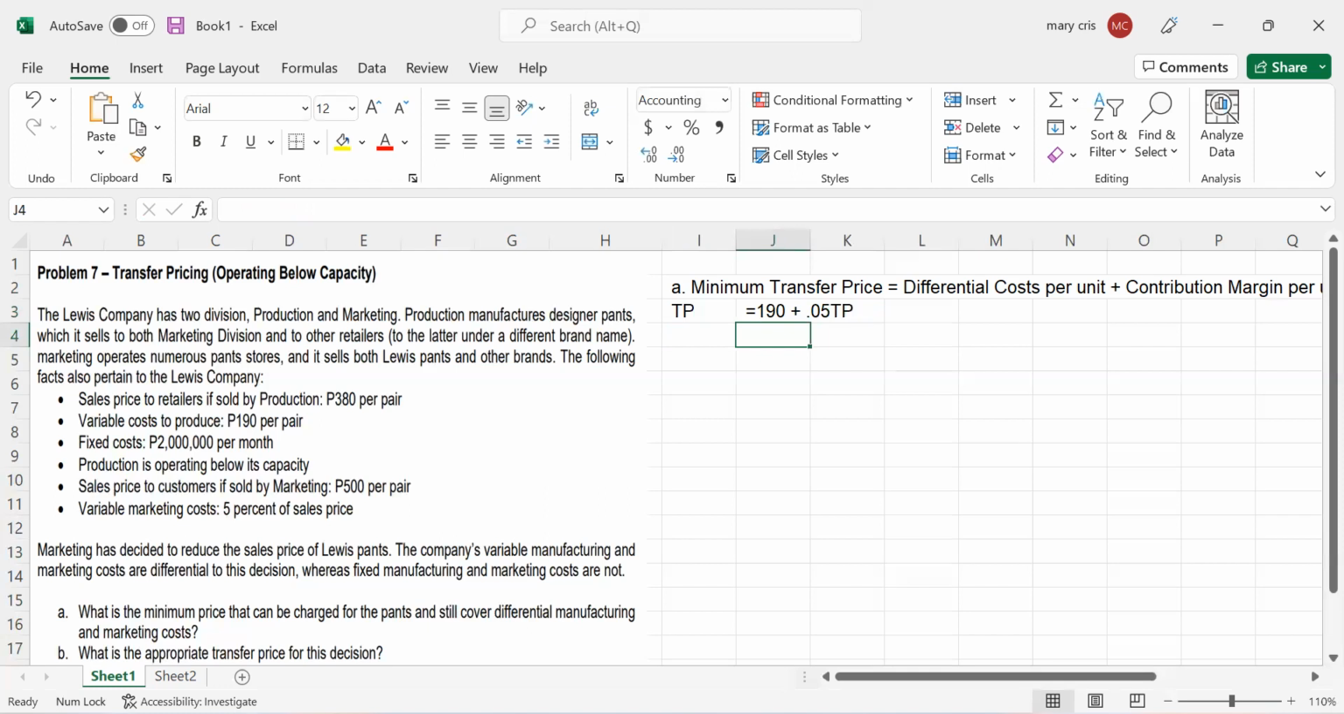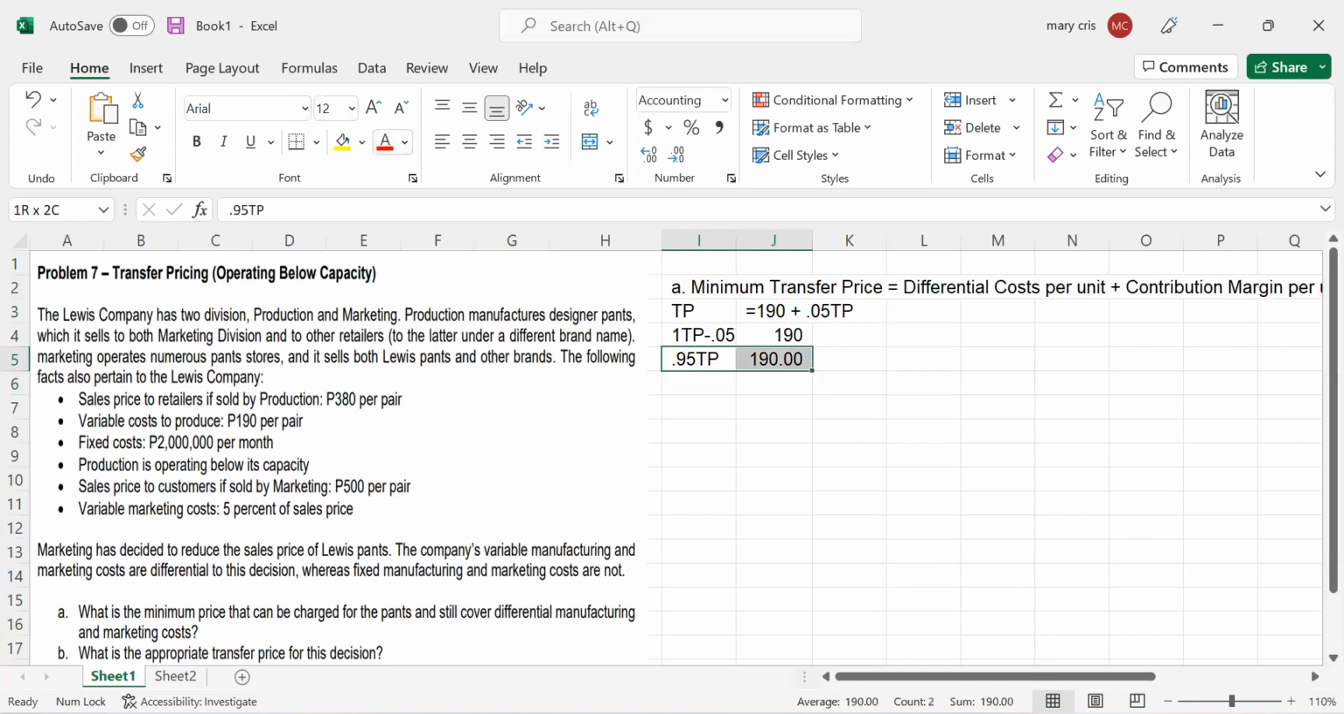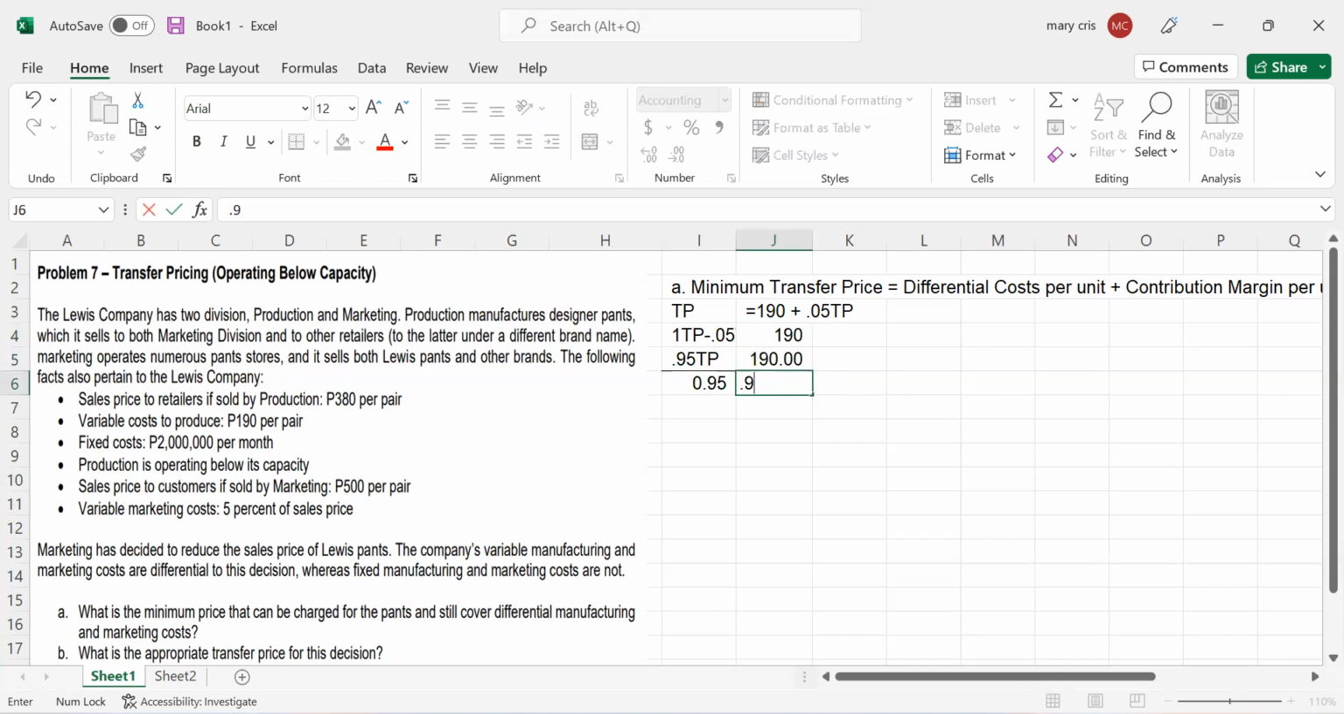So, you'll have 190. So, yung TP natin minus 0.05 TP. So, meaning this is 1 TP, no? 1 TP. So, 0.95 TP will be equivalent to 190. So, divide na lang natin ito ng 0.95 according to mathematics. So, 0.95 to cancel it out. So, your TP or yung minimum transfer price natin ay 190 divide 0.95. And that will be 200